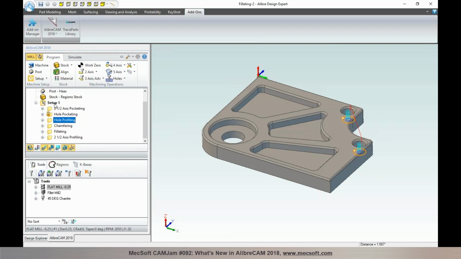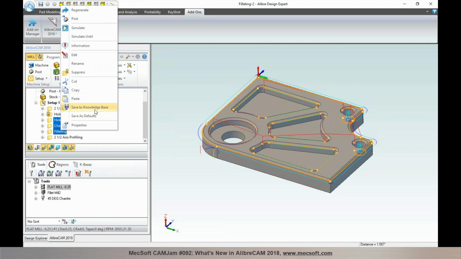Now, one of the nicer enhancements is being able to save one or more operations to a knowledge base. Now, in previous versions, when you choose Save to Knowledge Base, it saves all the operations that are programmed under your setup, or if you had multiple setups, it saves all of the operations into a knowledge base. Now, in addition to that, in our version 2018, I could select individual operations or a group of operations, right-click on it, and choose Save to Knowledge Base. So only the selected operations are now being saved to a knowledge base. So you can pick and choose if you only want to save a limited set of operations into a knowledge base in AlibreCAM